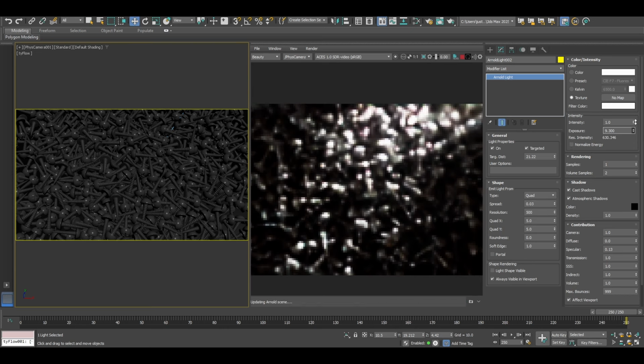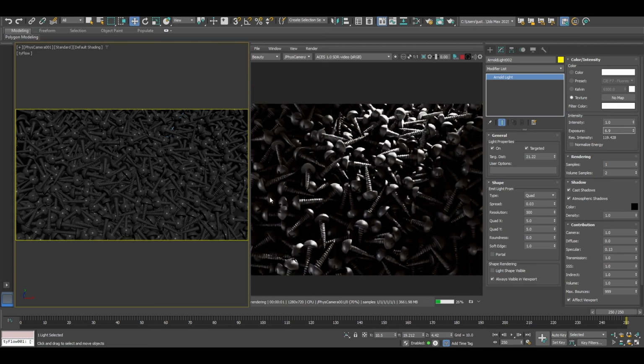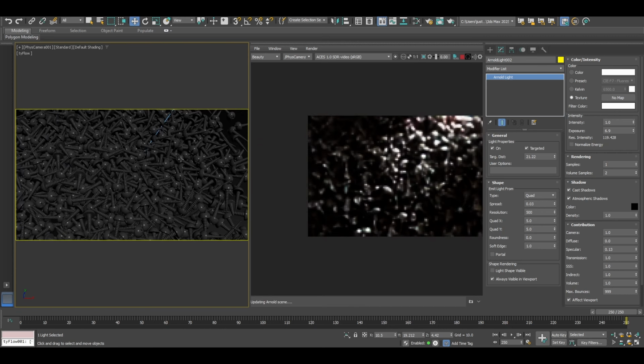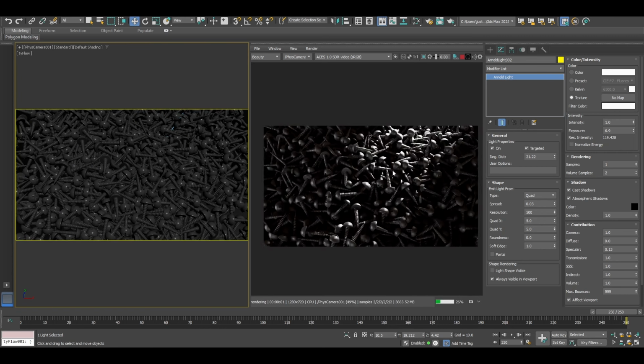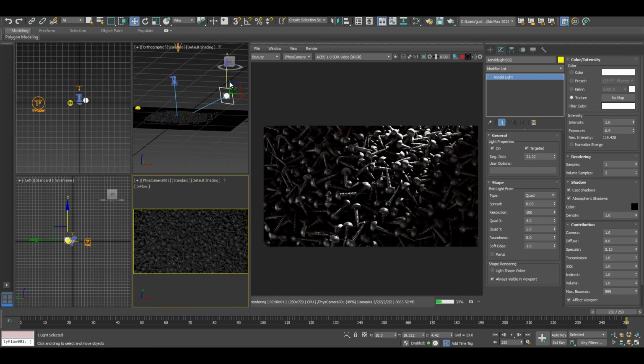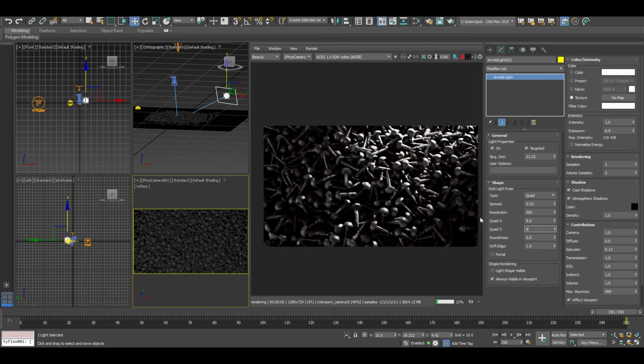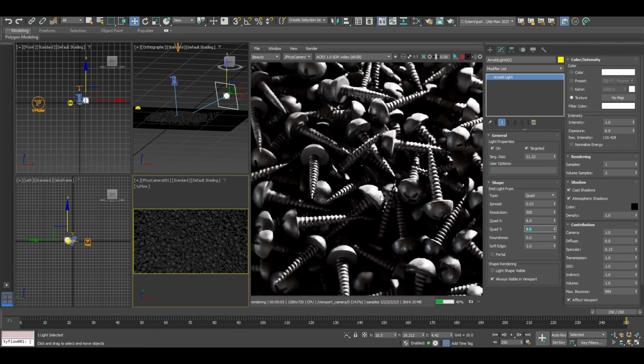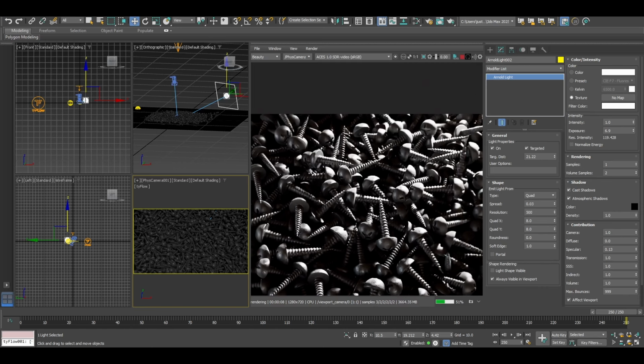I'm going to bring up our exposure a bit. I want a little more light coming onto this guy, so let's go 8 by 8. Yeah, it's starting to look better. Okay, it's darker in the corners, but we're still getting a lot of light hitting our